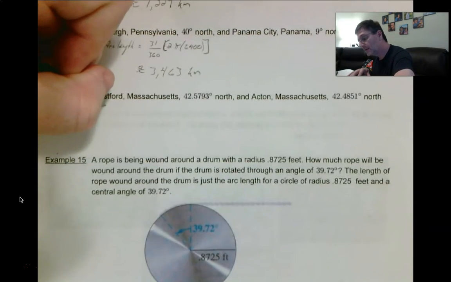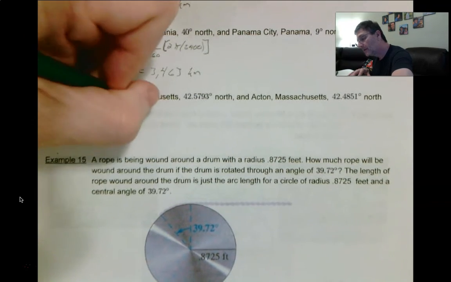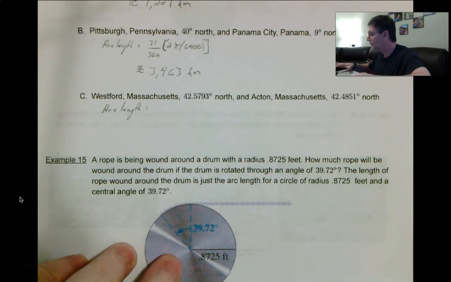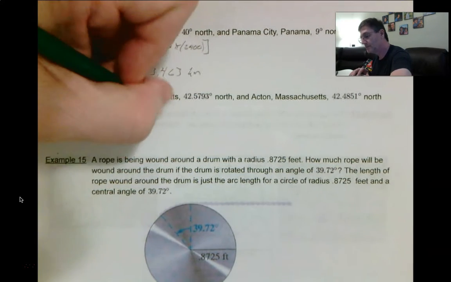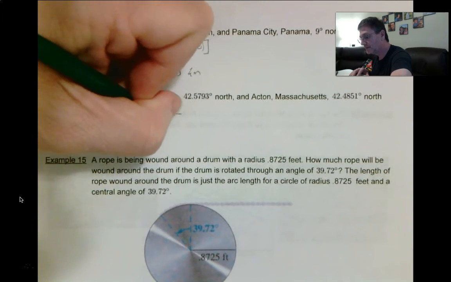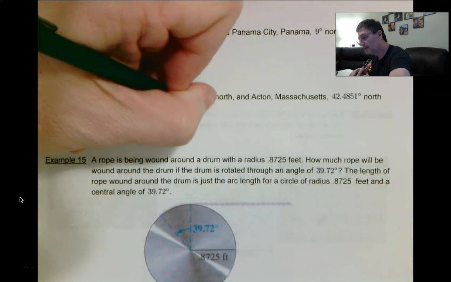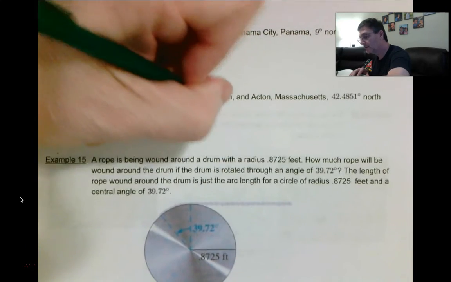So we have arc length equals, so let's subtract 42.5793 minus 42.4851 equals 0.0942 over 360 times 12,800, should have done that a while ago, pi,